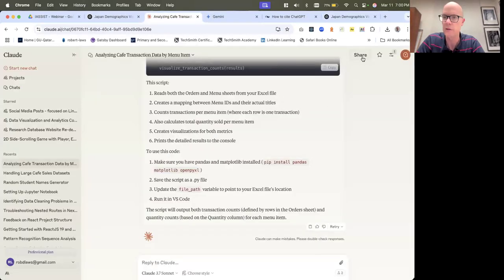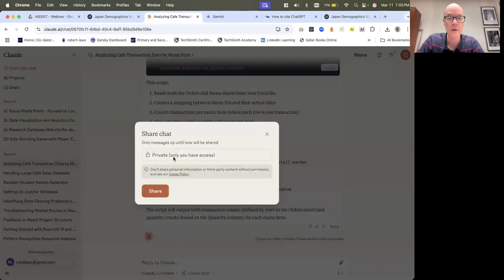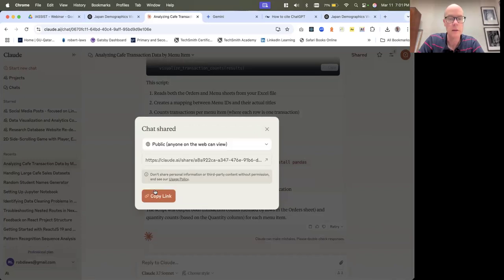I believe that Claude also has this feature here. Yes. Okay, so I have to do this in the beginning, but you can share it here as well. Oh, here we go. Yeah, now I can actually change it. If I make it shareable, then it becomes public. So that's a good question, because that is one way to get them to the exact prompt. If the professor is interested in learning how you actually got to the answer, they can see that. Yes, that's exactly right.